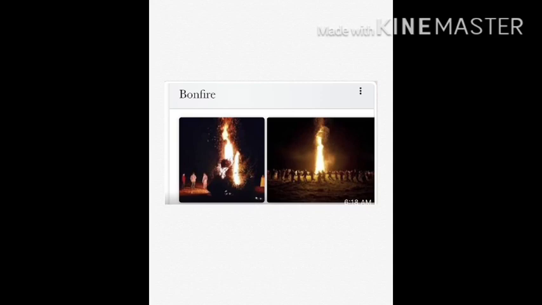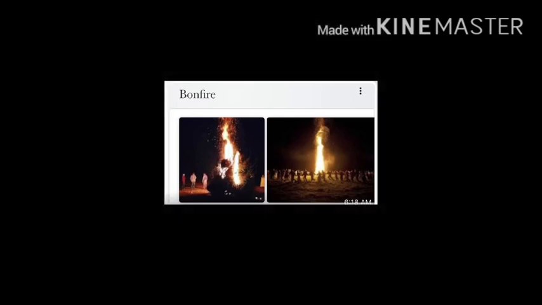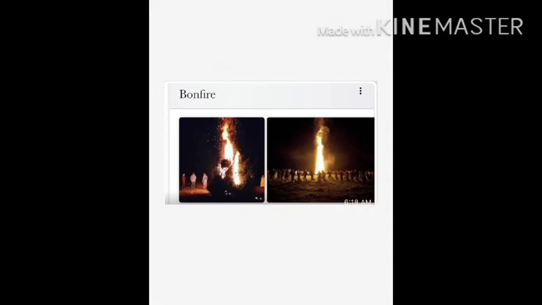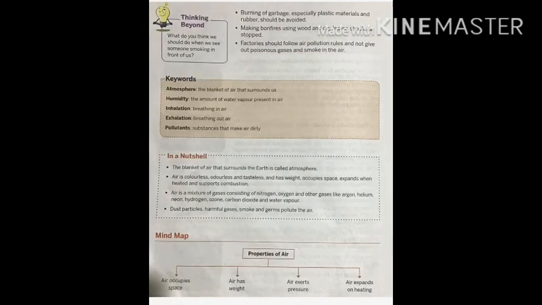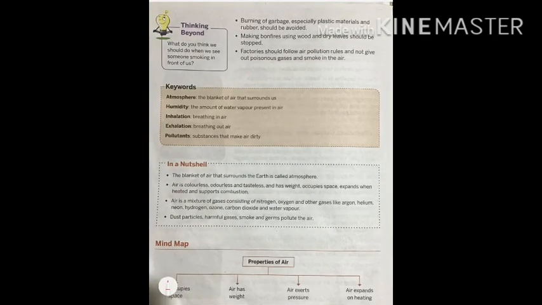This is a bonfire, a controlled outdoor fire which people make for some festival reason, or for burning waste materials. That is called a bonfire, so making bonfires should be stopped. Factories should follow the air pollution rules and not give out poisonous gases and smoke in the air. They should control the release of poisonous gas which is polluting the air and